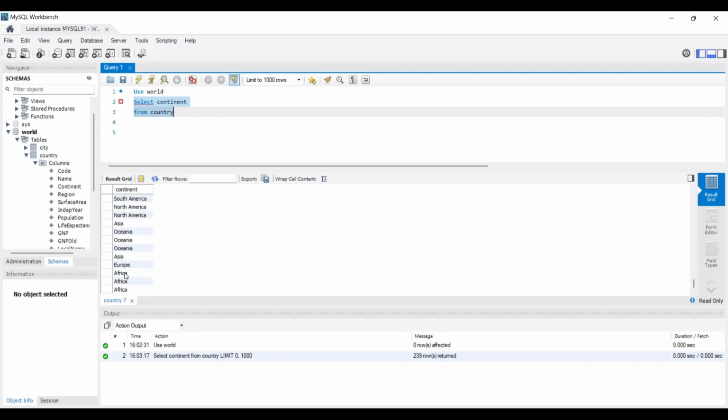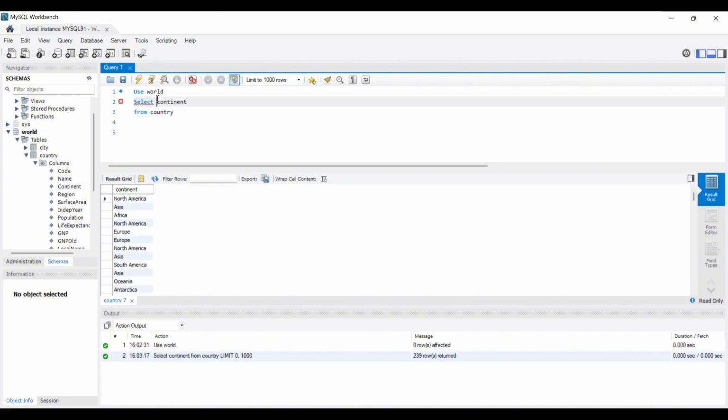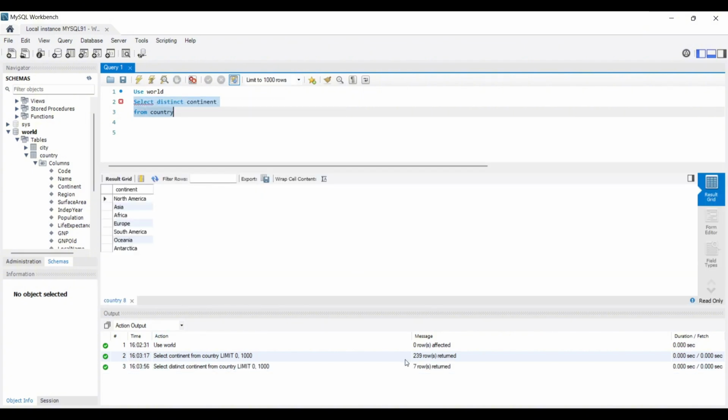If you notice, you see Africa already appearing twice, Oceania appearing 3 times, but I want to return only distinct continent from the country table. So I apply my keyword distinct. This is where the distinct comes in. So instead of select continent from country, I'm going to select distinct continent from country. I'll highlight and select. And how many? We have 7 rows. The first was 239 rows, and now it's actually 7 rows. So you could see the power